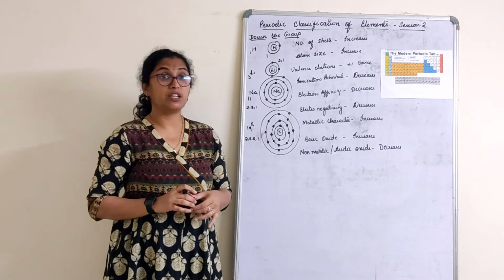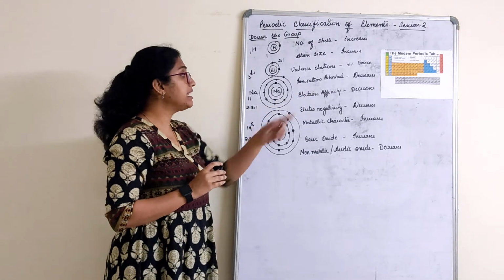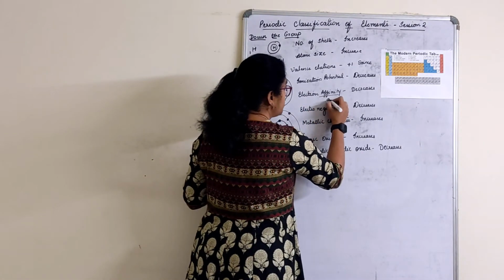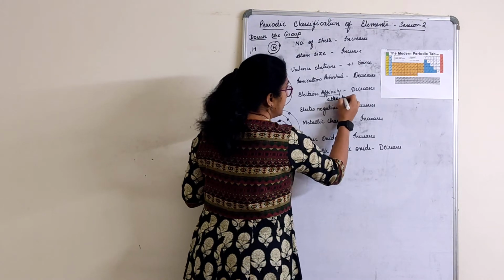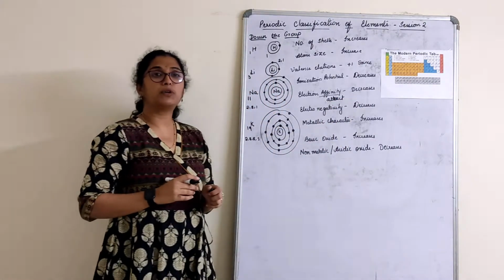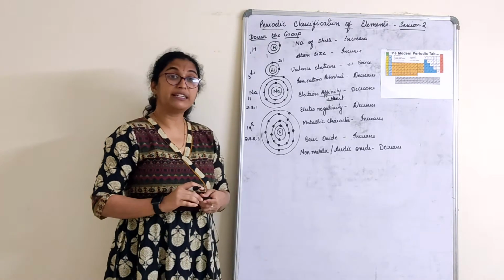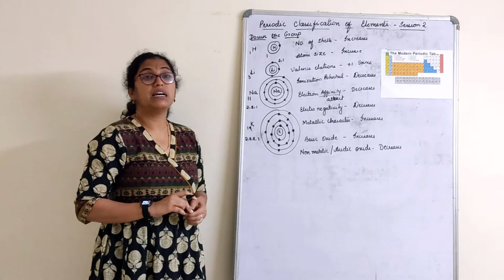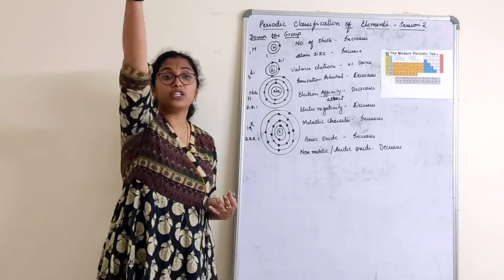All these are given in the notes, in points. You can just go through them. Electron affinity decreases. Affinity, again the same thing, to attract. Now, when we talk about potential, potential is something to release energy, right? Now, electron affinity, the attraction towards the electron, also decreases because there is not much energy only to reach till there.